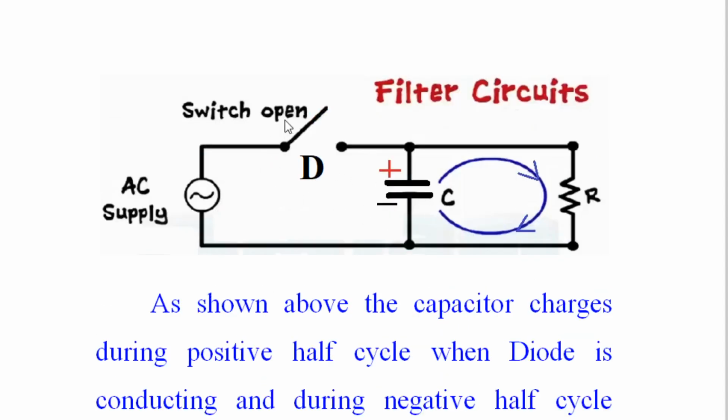So here you can see this. During the positive half cycle, when diode D was a closed switch, the capacitor was charged, upper terminal plus, lower minus. And during the negative half cycle, the diode behaves as an open switch. As I said, the capacitor gets disconnected from the input. Now see here, this capacitor is discharged through RL, and this is the discharge path shown by the blue circle.